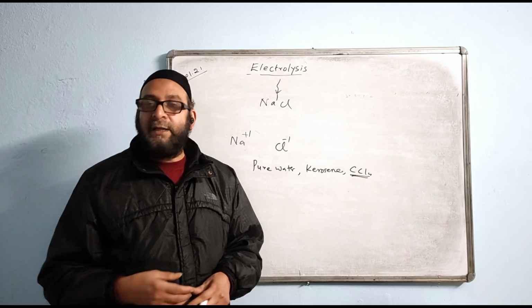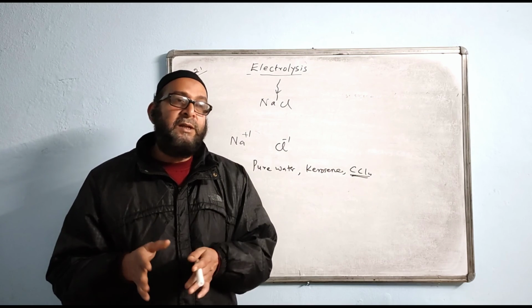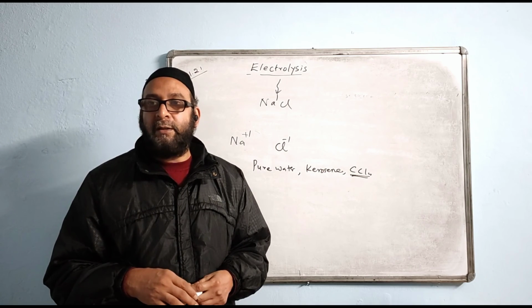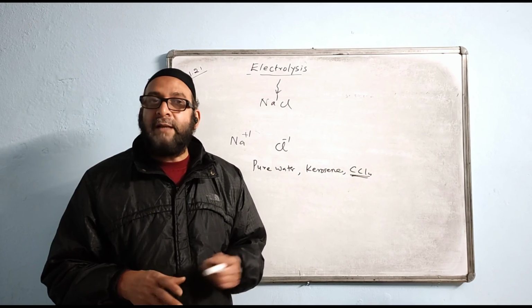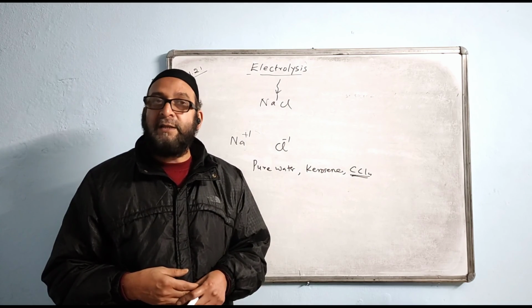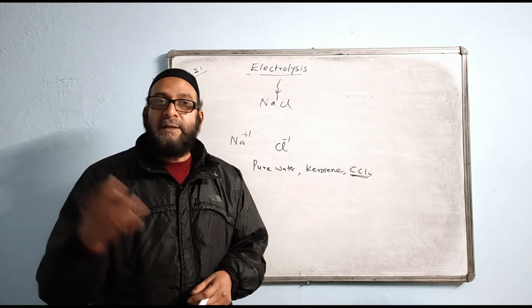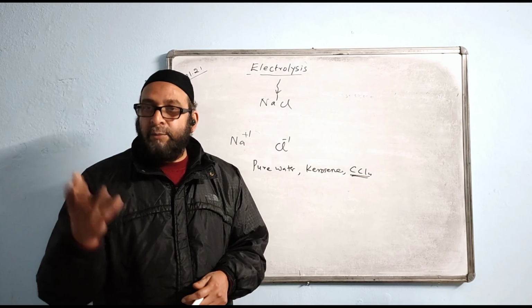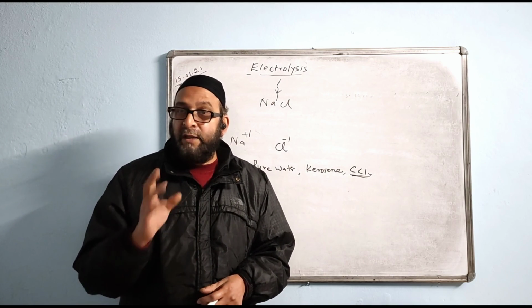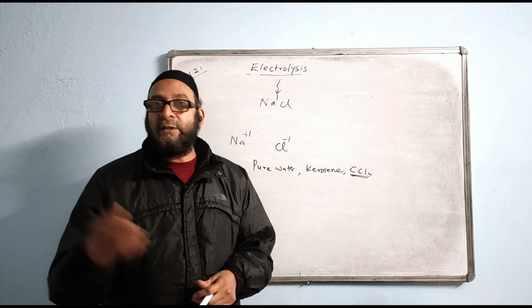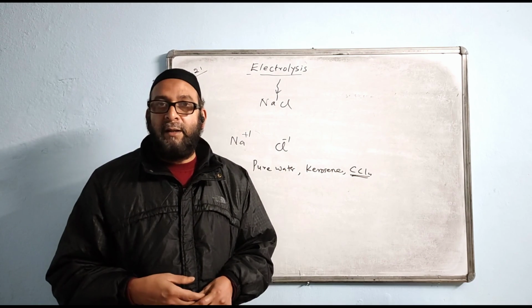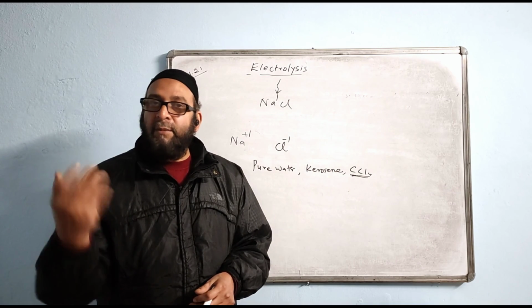Then what are weak electrolytes? Weak electrolytes are the substances which are poor conductors of electricity in aqueous or molten state. What is the example? All weak acids are poor conductors of electricity. What are examples of weak acids? Formic acid, acetic acid, citric acid, carbonic acid, they are all weak acids. So they are also examples of weak electrolyte. Weak alkalis such as calcium hydroxide and ammonium hydroxide are weak electrolytes. Any weak type of thing will be a weak electrolyte.